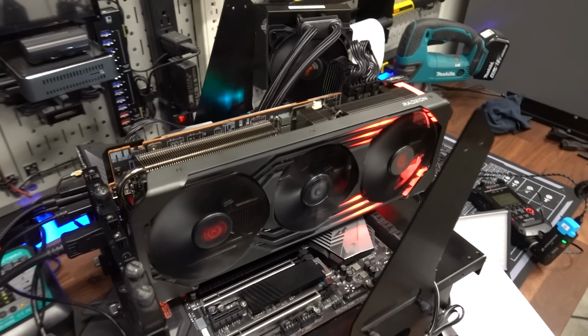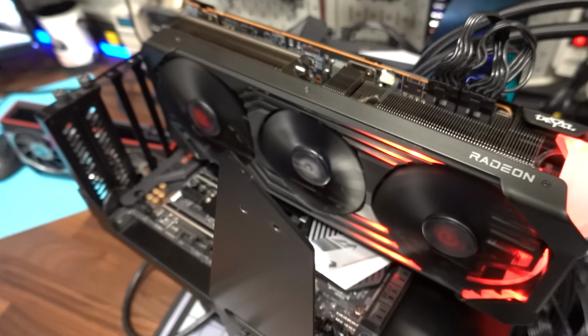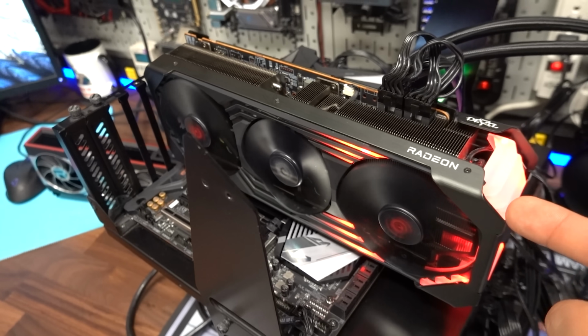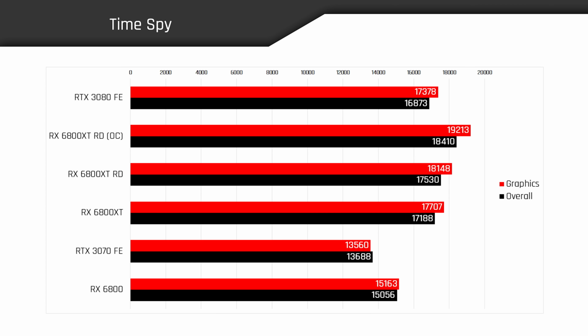So there are the results. What does it all mean? Well, just to make some observations on what you just saw, the performance that we saw from overclocking this card actually bumped up our synthetic scores quite a bit. In Firestrike Ultra and in Time Spy, we saw about an 8.5% uplift in both of those titles or applications,